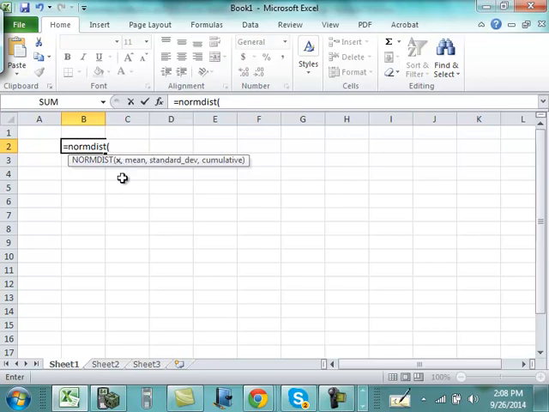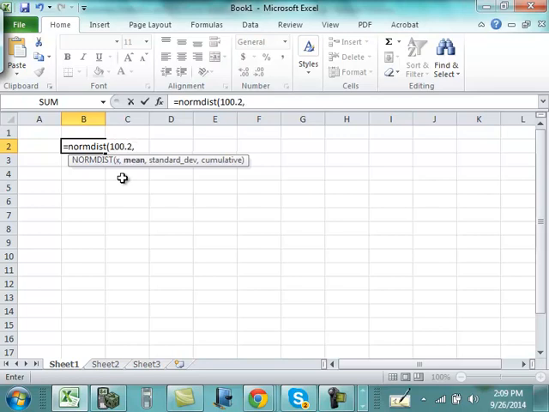Now this will calculate area under the curve to the left, just like we would look up in a table. So if you want to find the area under the curve to the left of, thinking about temperatures again, 100.2 maybe,